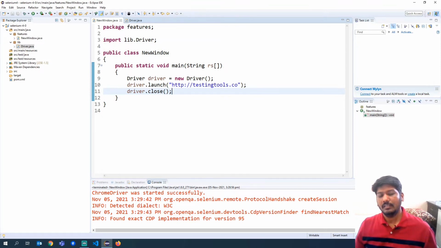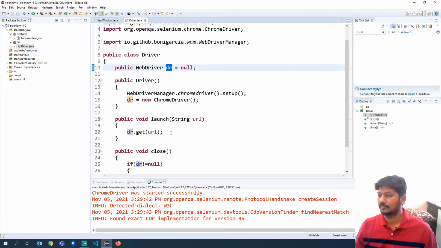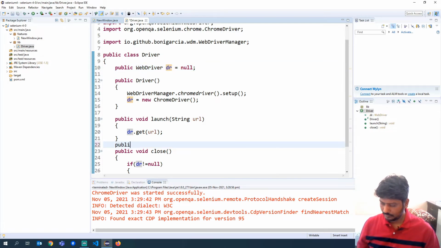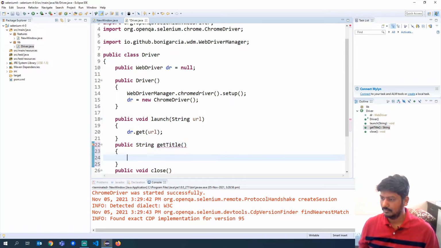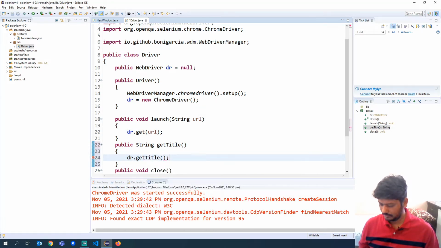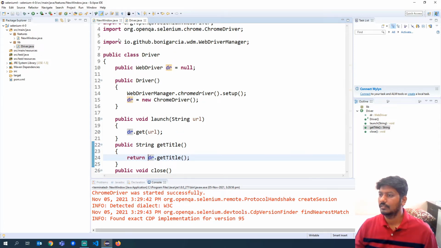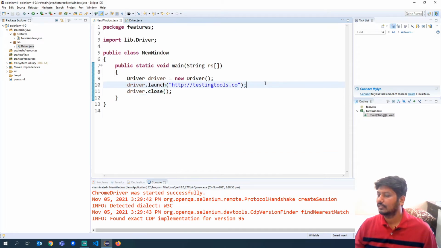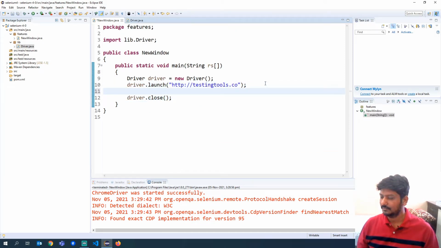Now let us look at one thing, like if you want to get the title of a browser, you can use a method called get title. So let us write one more method for that. Okay, so let us print the title that we are getting.